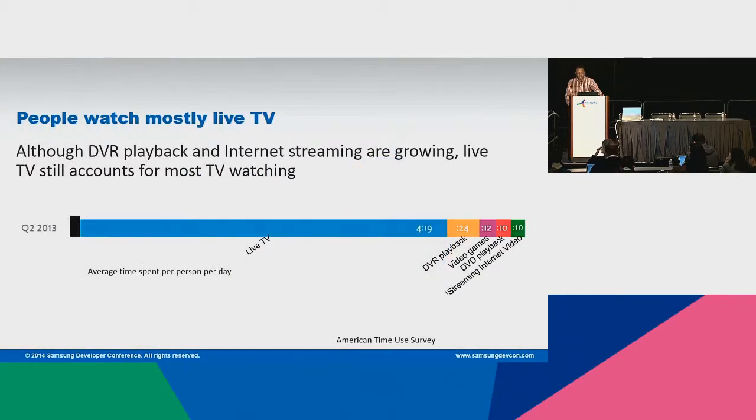This is also another interesting chart. Here in Silicon Valley, it might be easy for us to assume that no one watches live TV anymore. That's passé, that's old school. People are watching streaming video now. They've got to watch their Netflix. In reality, though, while internet TV is rapidly growing, it's still extremely small compared to live TV viewing. Now, what implications does this have on app design? This implies that most people don't have much experience watching streaming video. More of their experience is coming from the behaviors that exist from live TV viewing.